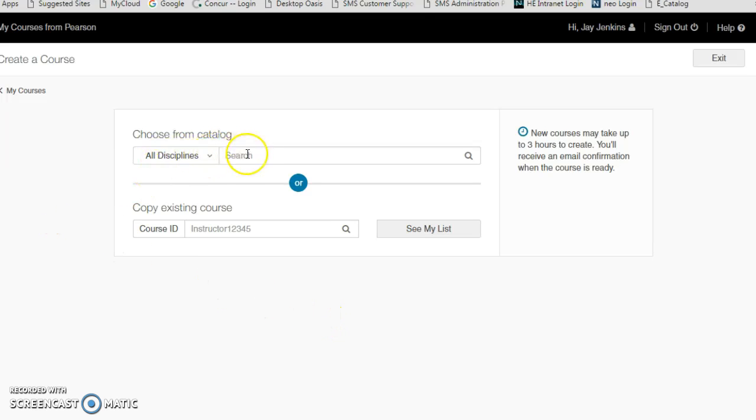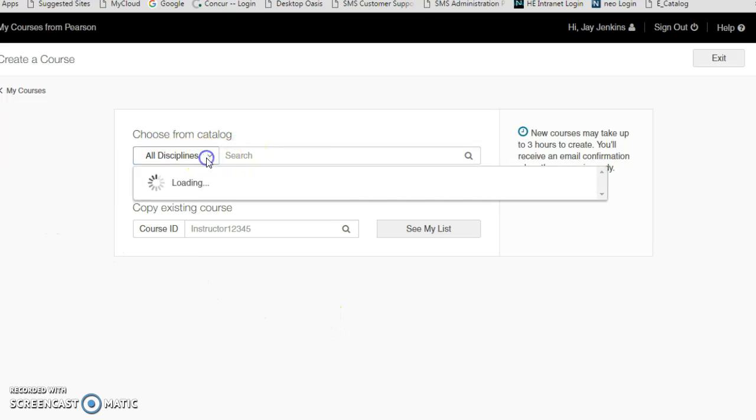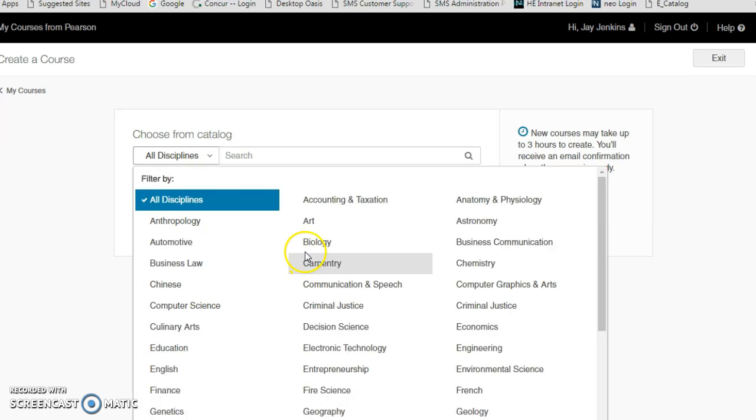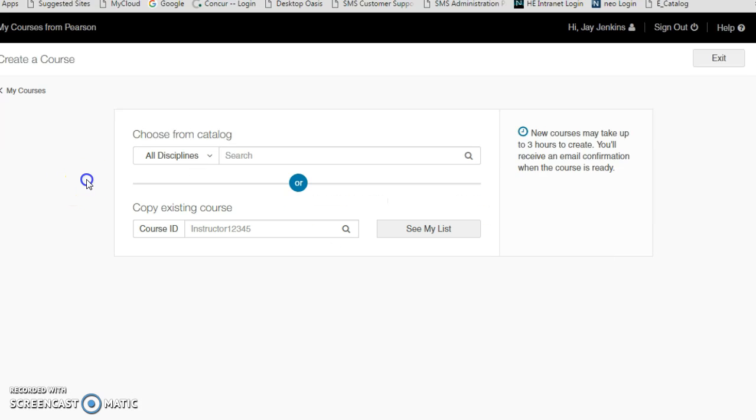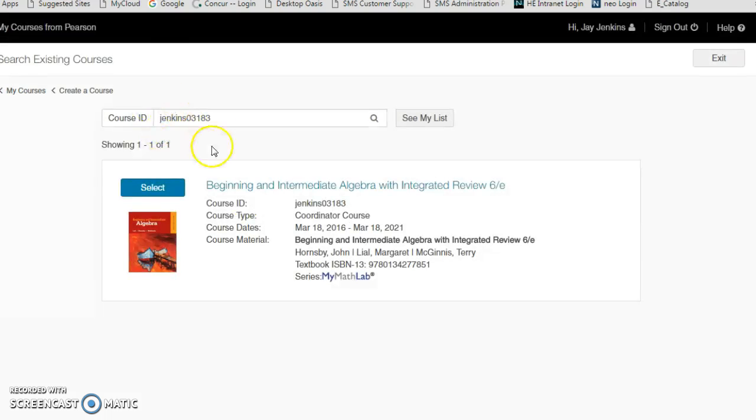You can search by discipline if you wanted to, and you can see all the different disciplines that will pop up, and you can search them by the discipline. But then you can also just search by course ID. So if you're copying another instructor's course, or if we're copying the coordinator course, and you can of course see my list, and that would list all of your courses as well. So I'm just going to search for it, and even though this is my course, I can still search for it even though it's not another instructor's, and then I can find it, and that's the one I want,